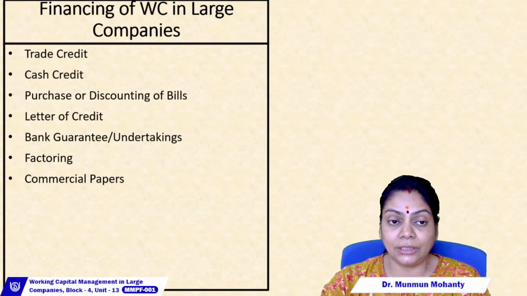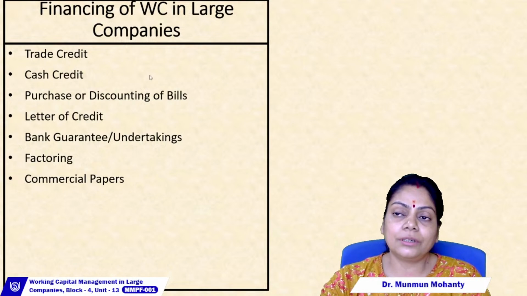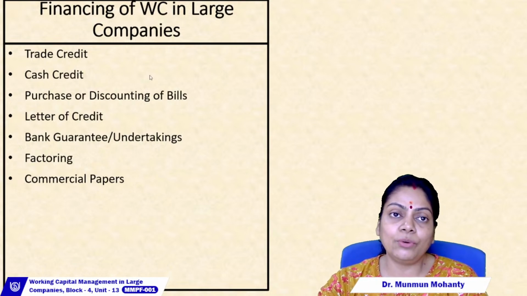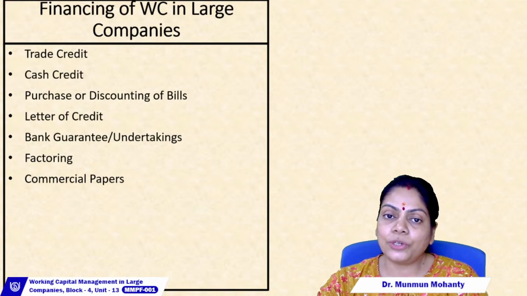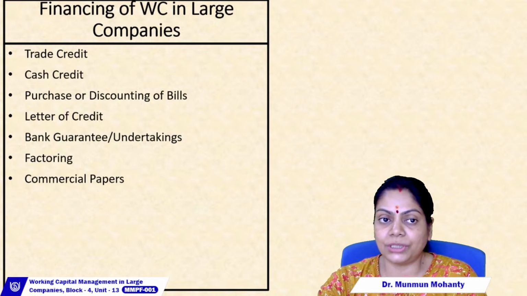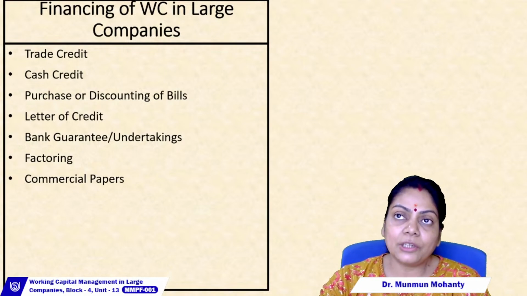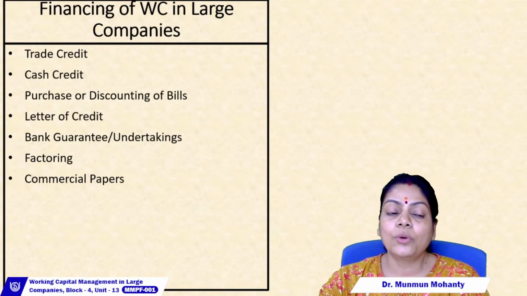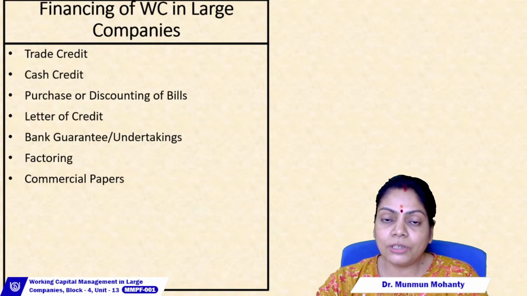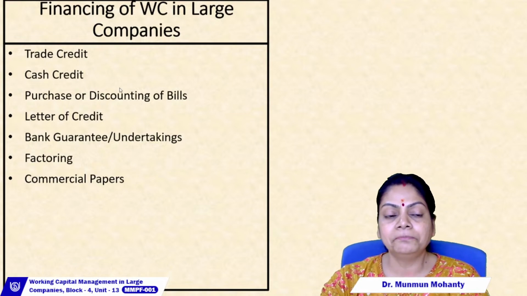As you know, small SMEs have limited sources; they can only tap limited sources, whereas the large corporations have access to all the sources. By virtue of their size, they have access to all these sources. SMEs are mostly limited to trade credit and short term bank loans, whereas all the avenues are open for large corporations. So we'll discuss a few of them.